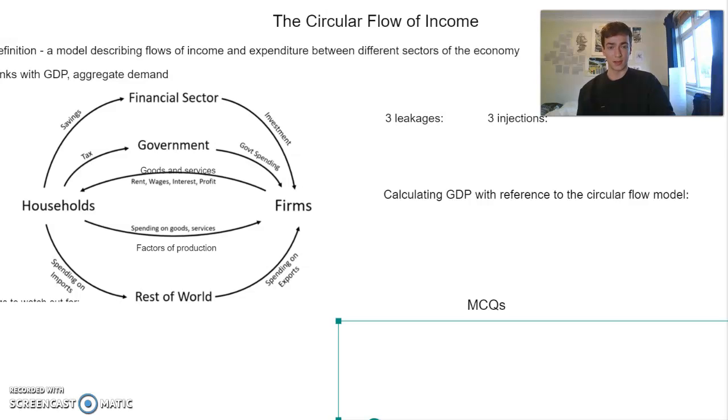Now, the key flows to remember here are those 3 leakages and injections. The reason we focus on these leakages and injections is because they represent the points where income leaves and enters the economy. And when injections exceed leakages, the value of income in the economy increases, so economic growth occurs. That might be, for example, because spending on exports is higher than import spending. So we're exporting a higher value of goods than we are importing, which means more money is entering the economy,